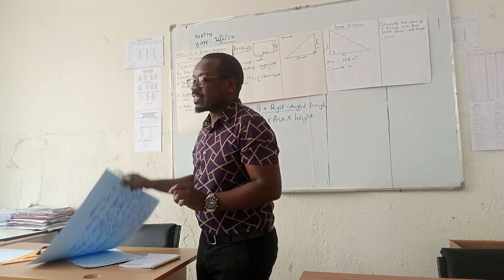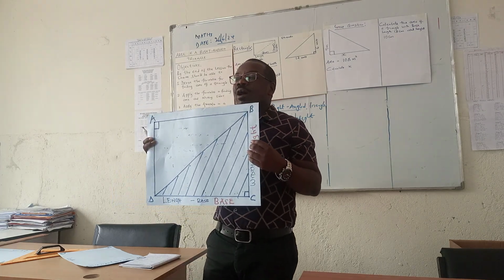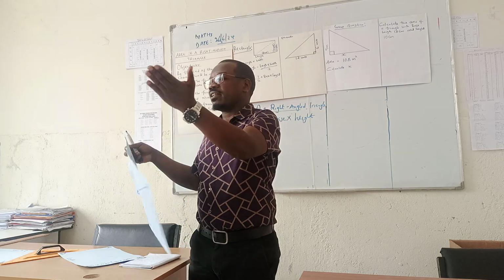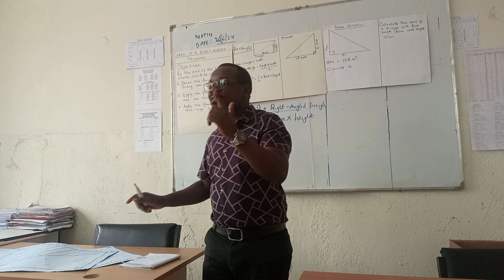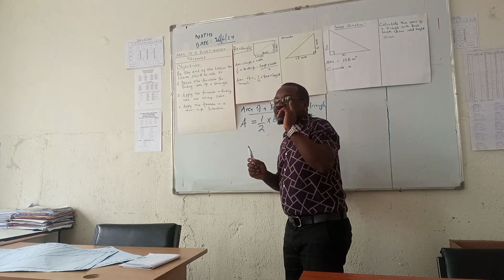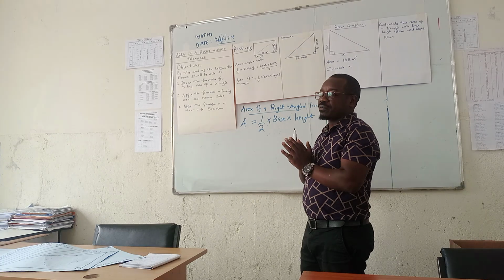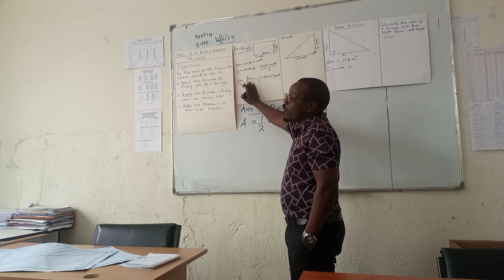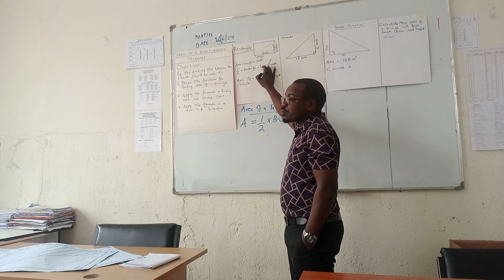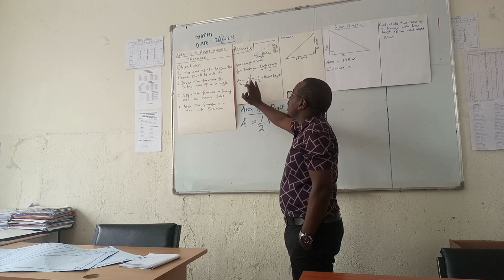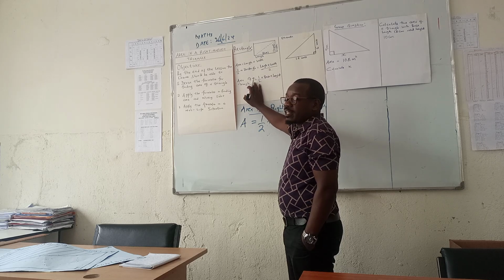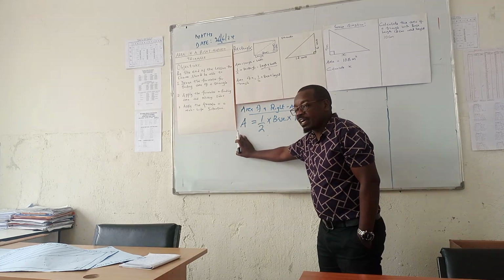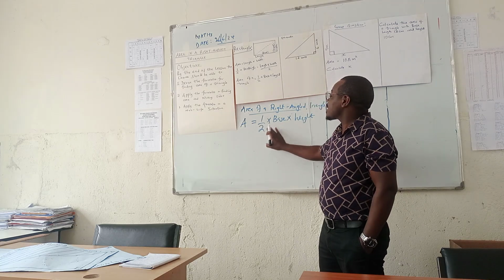Maybe the question that I can ask is, look at my triangle. How can you compare the area of the shaded triangle with that of the rectangle? Maxwell. Good. The area of the right-angled triangle is a half that of the rectangle. That means we can derive the area of a right-angled triangle from the area of a rectangle. If we divide the area of a rectangle by 2, we get the area of a right-angled triangle. Therefore, we can have a formula where the area of a right-angled triangle is given by a half times its